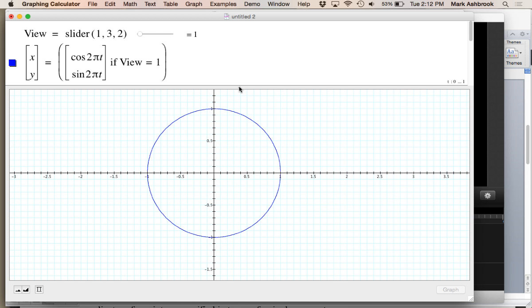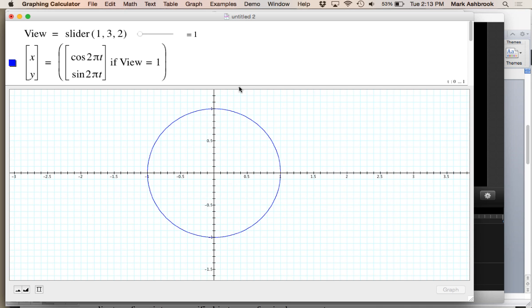So basically figuring out the distance from (0, 0) to (cos 2 pi t, sine pi t). And so you just put these points in the distance formula, which is the square root of (x2 minus x1) squared plus (y2 minus y1) squared. And so that becomes